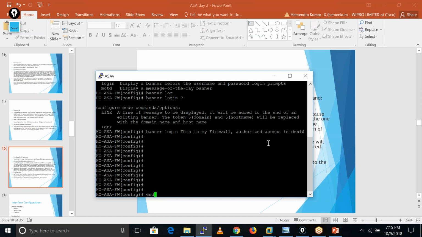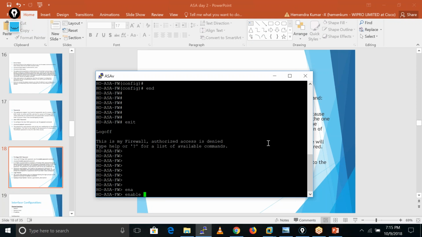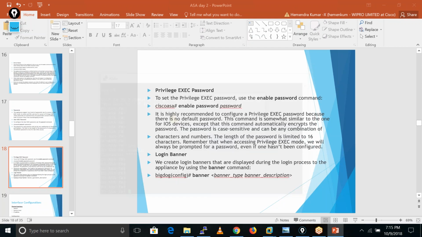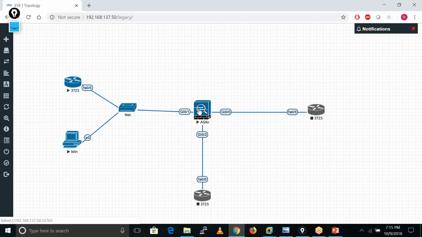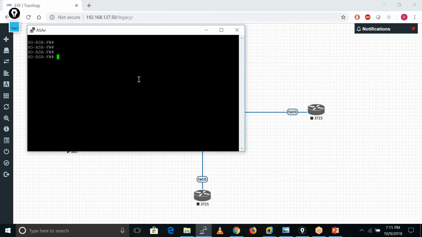So how can we get this banner message? If I exit from here, when you run this enable keyword, you enter this password. Let me try to log in again here. Actually, you are not getting these details.